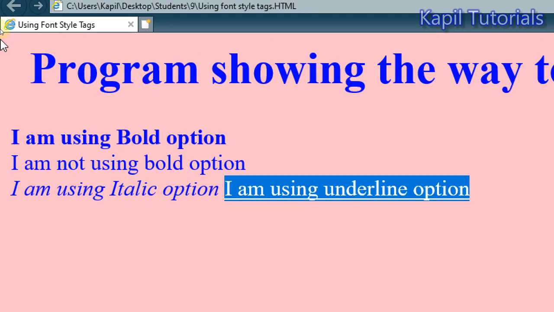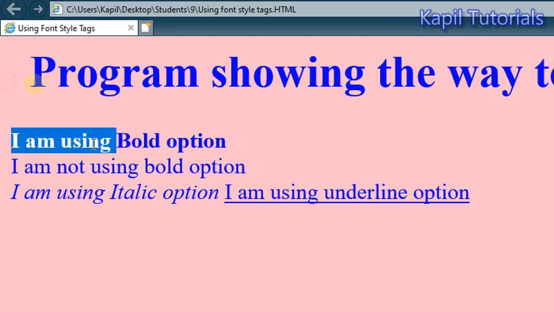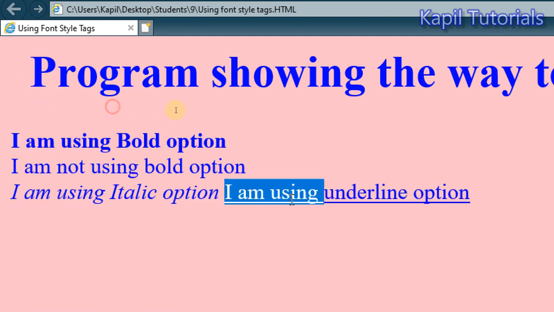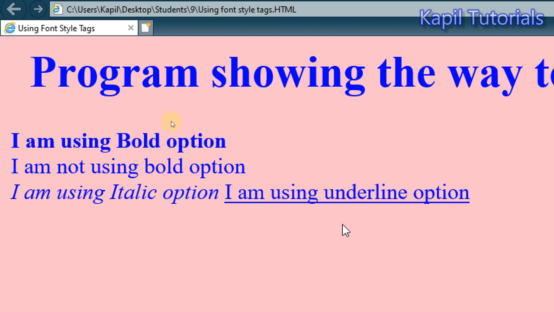Just to zoom it, you could see here bold, simple, italic and underline. You can use all three options either separate, or at one go. Also you could use all three. I'll give you the example.